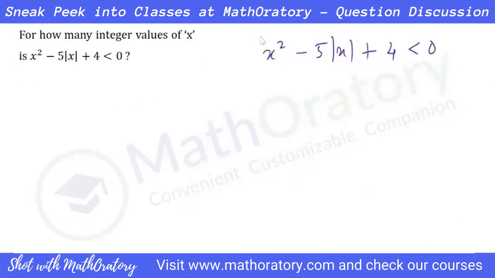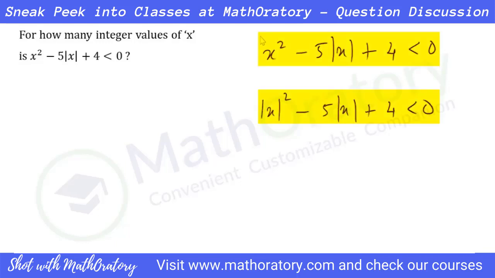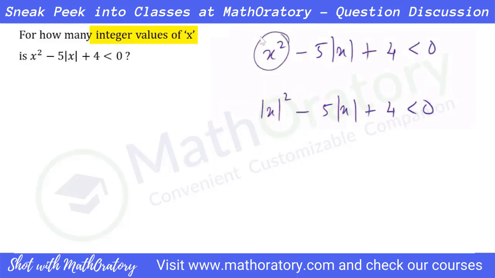All right. Is there any difference between the one that is provided, this one, and this? Is there any difference between this and this? We are looking for real numbers, obviously. So if we have real numbers, x square will always be non-negative and mod x whole square will also be always non-negative. So it doesn't make any difference. We can write x square as mod x square. Mod x is always non-negative. Squaring that will remain non-negative, right?